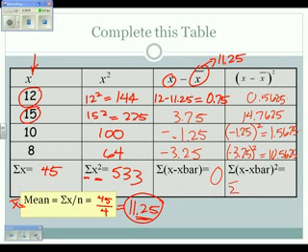This I probably should write like it is up here. So up here, each of these is x minus x bar quantity squared. So here we're summing up x minus x bar quantity squared. So that means I'm going to add this value, this value, this value, and this value. So for each x value, which is my 12, 15, 10, and 8, I've subtracted x bar, and then the